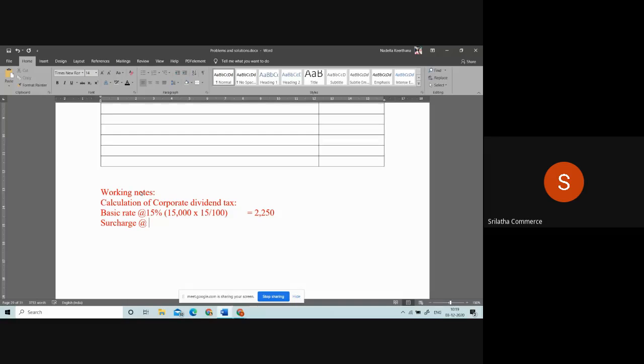Surcharge at the rate of 12% was given. On 2,250, whatever tax you got on the basic rate, on that you are supposed to calculate 12 divided by 100. Tell me the amount. 270. Then education cess at the rate of 3%. Tell me, 2,250 plus